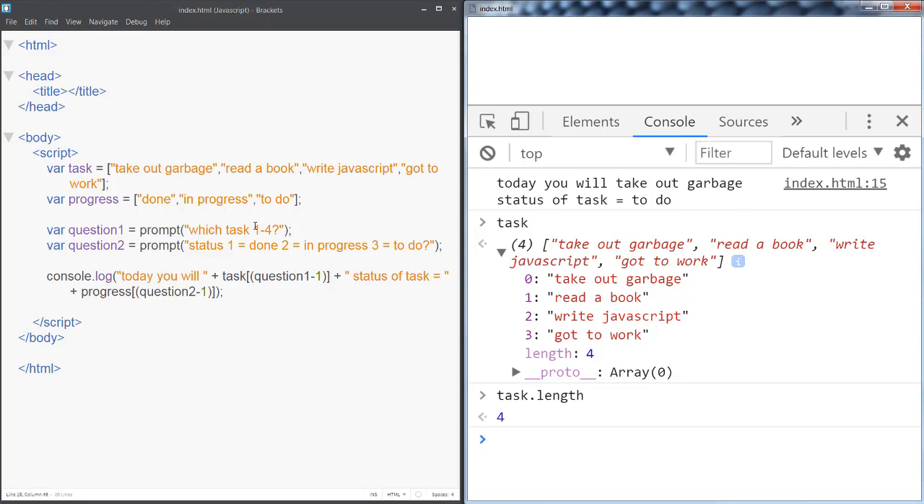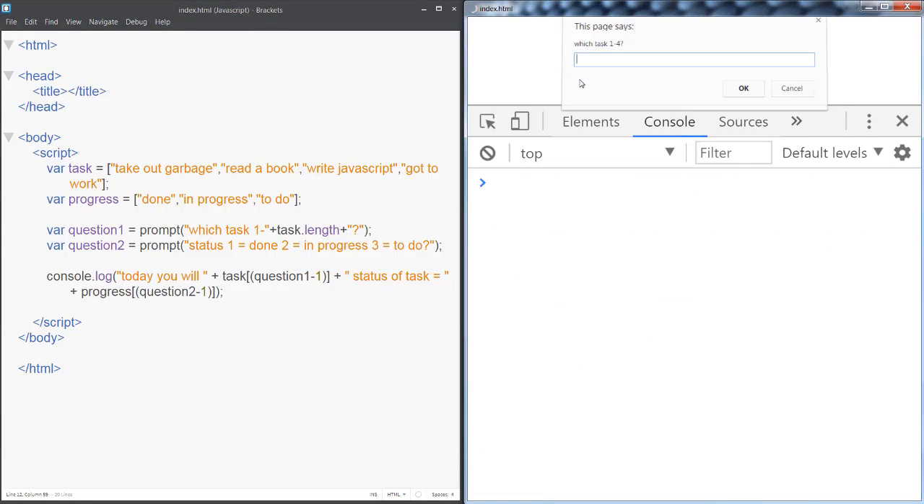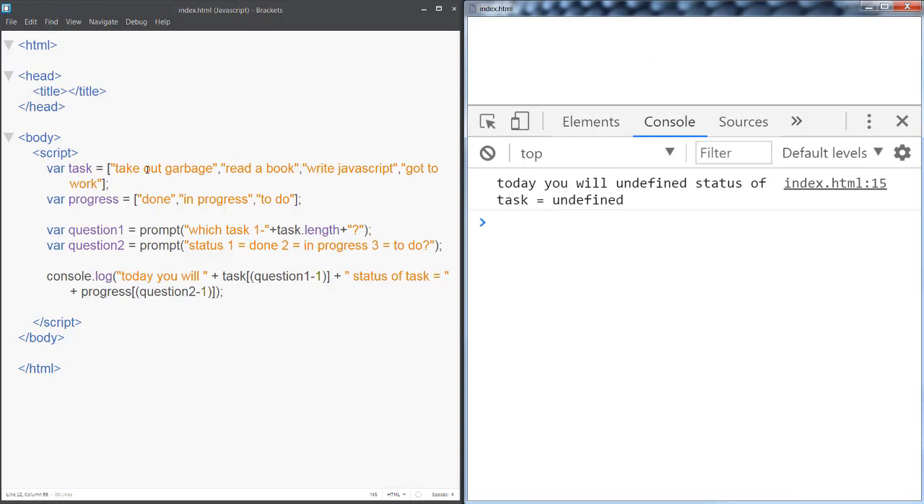So notice as well that within the prompt, I have a length of 1 to 4. So I can do this a little bit smarter as well, where I can make it dynamic, and I can use the value of task length directly within that prompt. So now if I go back out here and if I refresh it, it still says 4, but if I go ahead and if I update that array, so if I go ahead and if I add in another item in the array